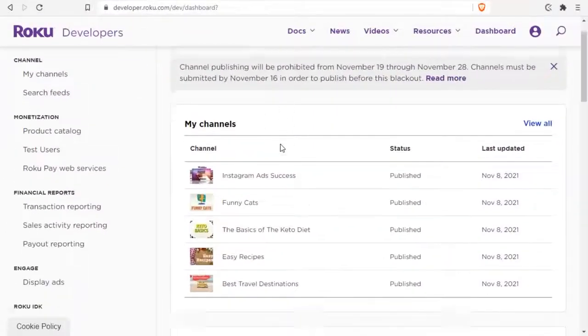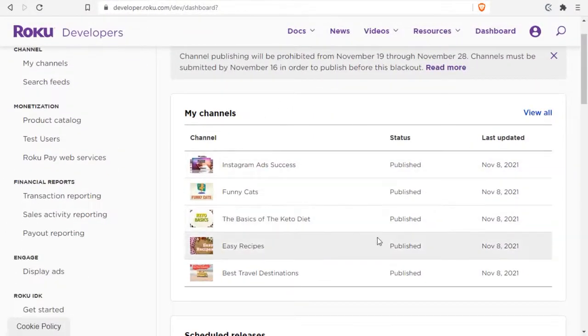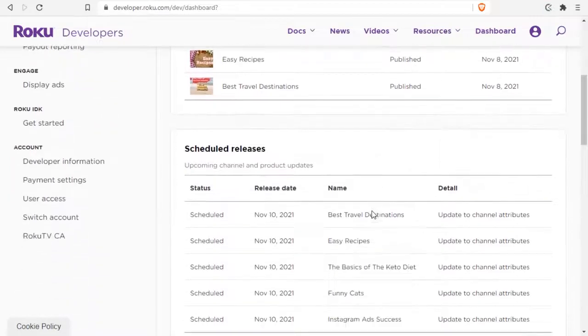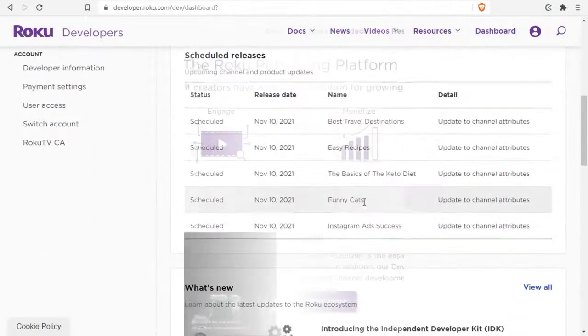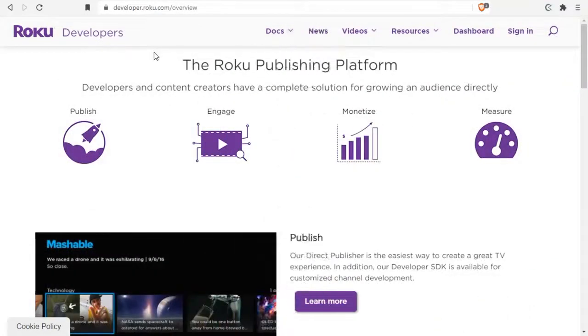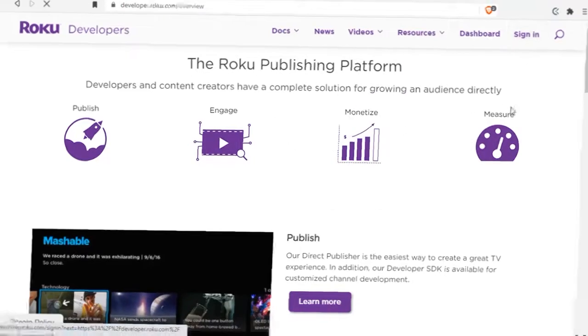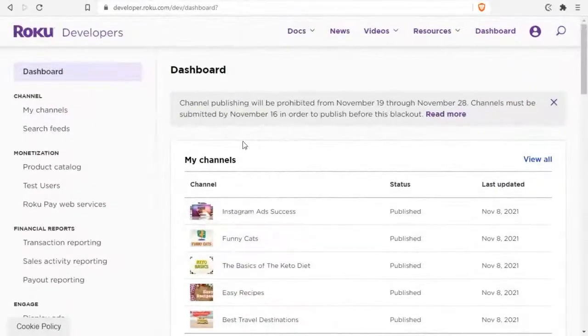As you can see, the Developers portal also has a new look. More organized and more intuitive. We also found a shortcut. So if you want to access the developer portal directly, just go to developers.roku.com, log in, and you're on the developer page. You can find the direct link below this video.